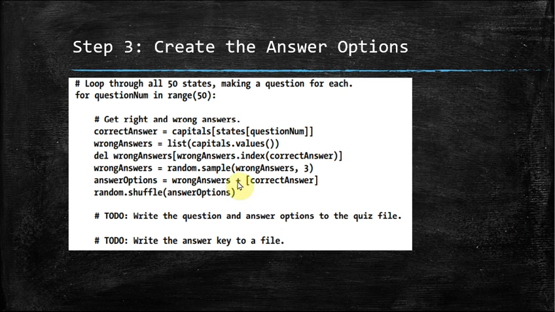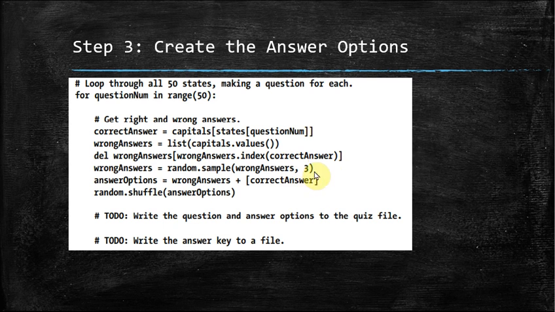So just see here, we are going to duplicate all the values, and the correct answer here you can see, wrong answers dot index correct answer. So the correct answer we already got here. For a particular state, its capital is stored in this variable correct answer. So how are you going to get the wrong answers? The entire copy will be taken and you're only deleting the correct answer. When you have deleted the correct answer, the remaining ones are obviously the wrong answers, right?